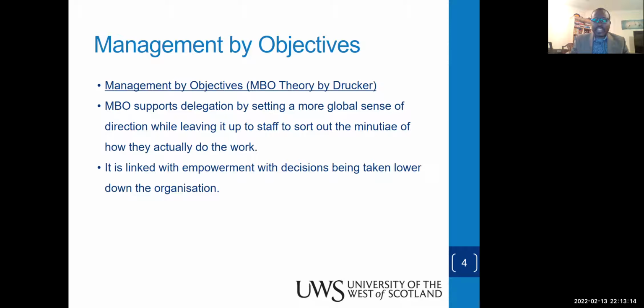Management by objectives is saying let us delegate responsibility and of course some form of authority to the one who is doing the work. Give him the structure, give him the pattern, the framework of what he's supposed to do, and then leave him to decide how to run the work. How he will add up the numbers and prepare the financial reports or the management reports, that's left to him.